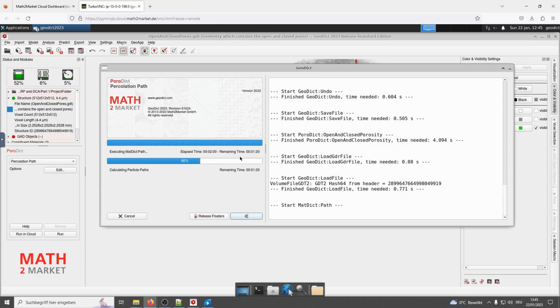The remaining time of calculation is estimated as half a minute here in the status bar.